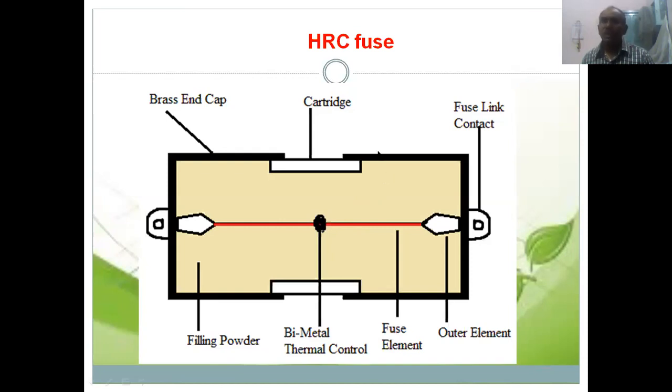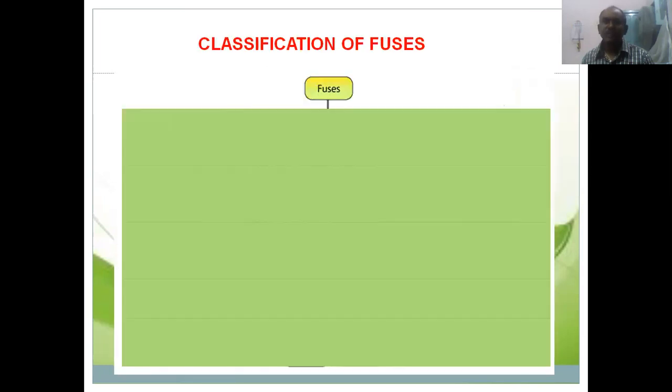So this is another advantage of the HRC fuse. This is a ceramic body generally used. This is a special type of HRC fuse used where heavy load motors are present and where we require that it will not cause any fire accidents in industries.